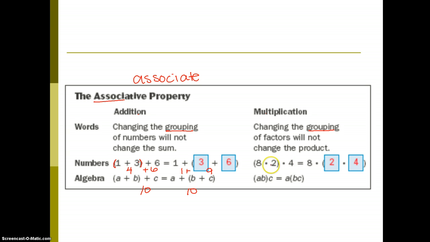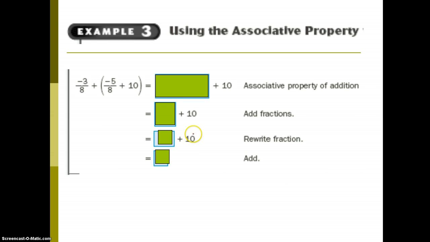Same thing will work in multiplication. You can change the grouping of the numbers. Here it's 8 times 2, which is the same thing as doing 2 times 4. Again, it has to be all multiplying in the problem. For example,